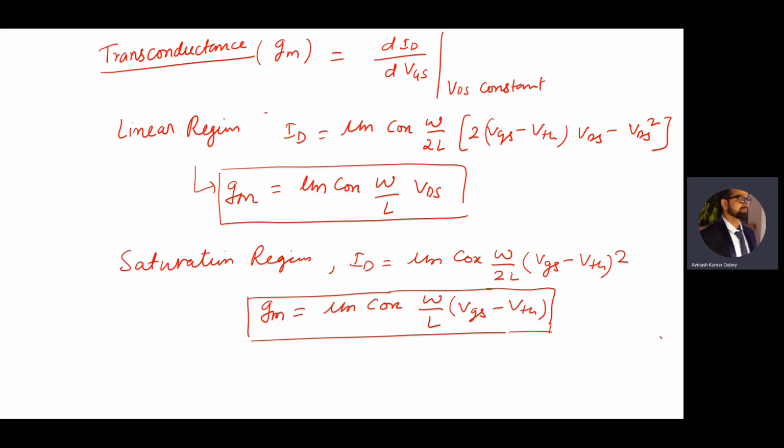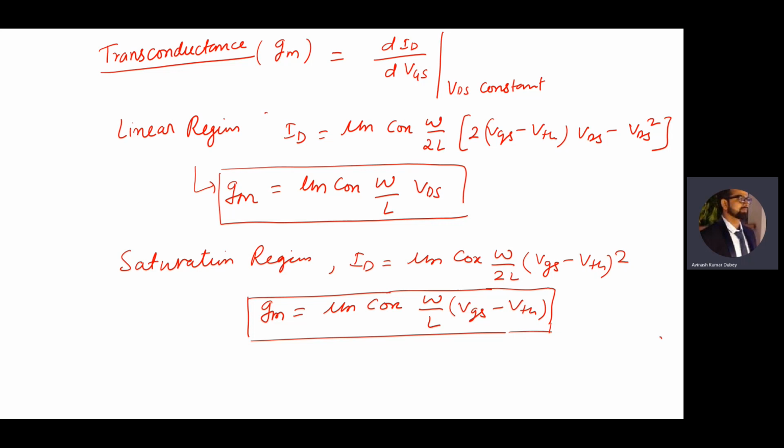So what is the significance of transconductance? Generally transconductance represents the sensitivity of the device. Okay, if gm is high, that means if there is a very small change in the VGS, then there will be a very large effect on the ID. So it is called the sensitivity of the device. Understood? That means if gm is large and you change the VGS by a very small quantity, the current will change by a very large quantity. Okay, that is the significance of transconductance.